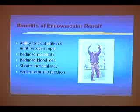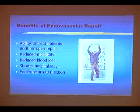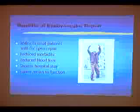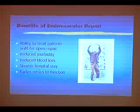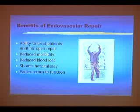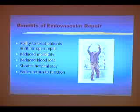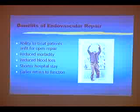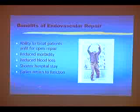Blood loss across the board is reduced with the stent graft approach as well. The hospital stay is definitely shorter. For the most part, most of our patients have gone home on average about the second post-operative day. Some have gone home as soon as the day after surgery. The old-fashioned operation has about a week in the hospital on average, but there were always some patients who might have had problems who were in for 10 days or so. So this newer operation definitely shortens your hospital stay, and this is really